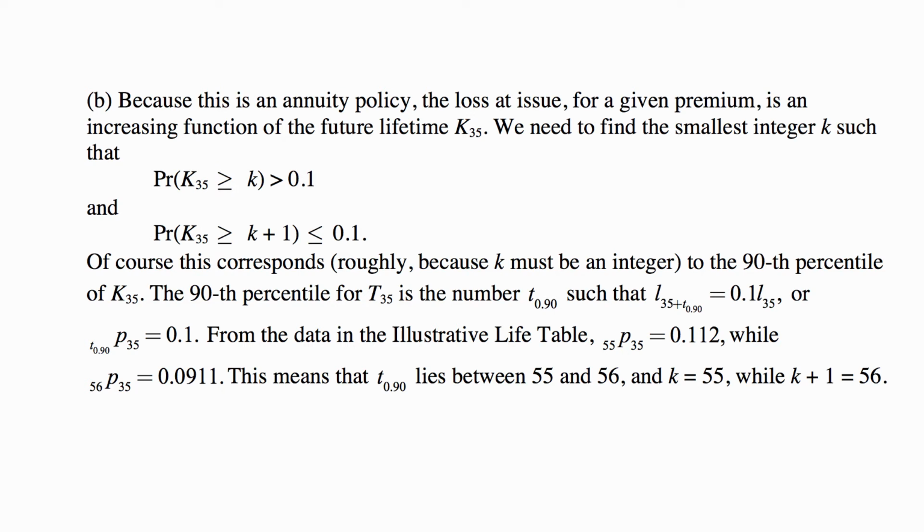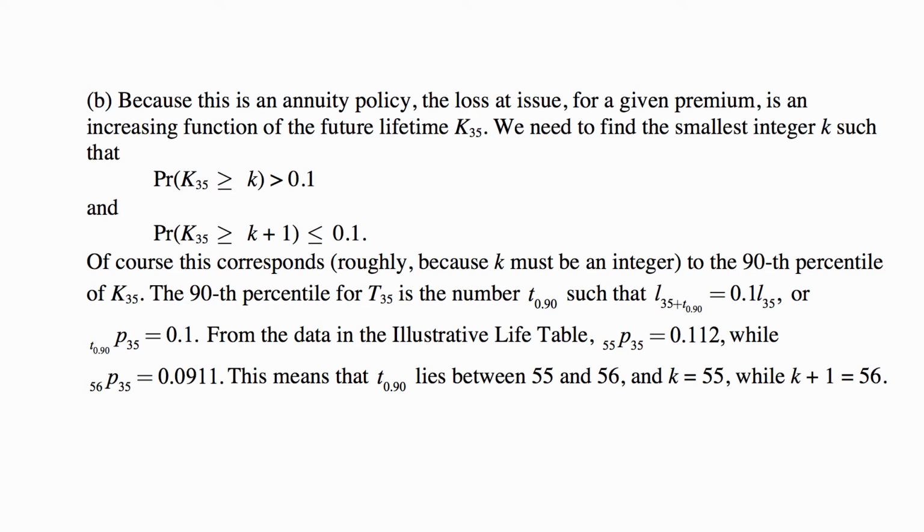The 90th percentile for T35 is the number t.90, such that l(35 + t.90) is 0.1 of l35. So survival beyond that time has only a probability of 0.10. That's why it's a 90th percentile. That's the same as saying that